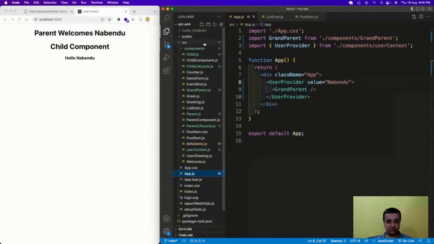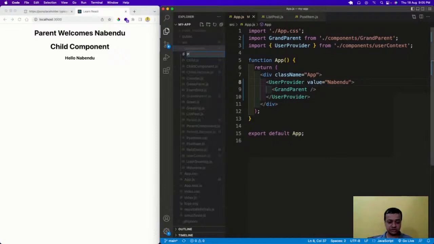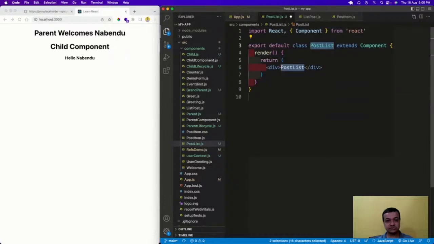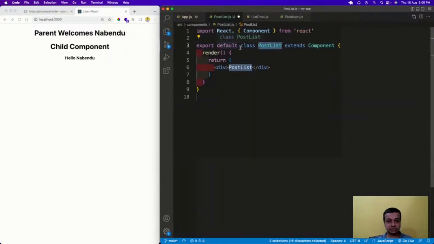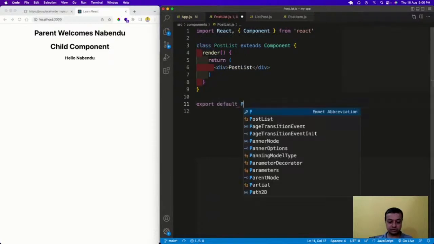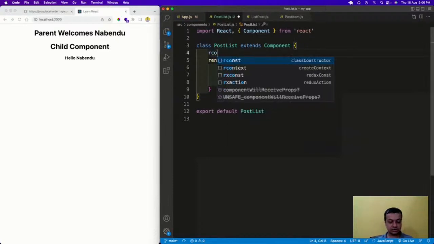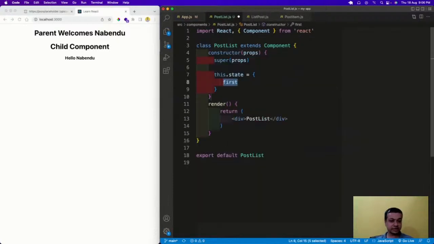So I will have a new component which is post list dot js, and here again an rcc for default post list is there. Then we'll have our const like this, and then